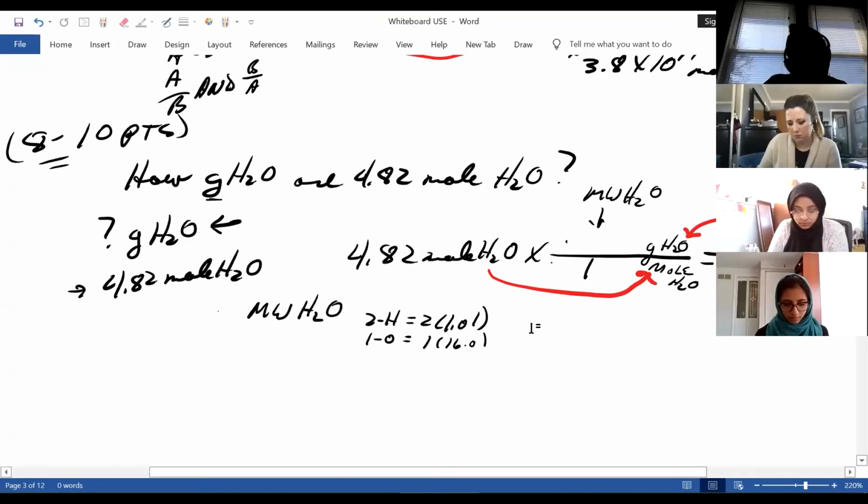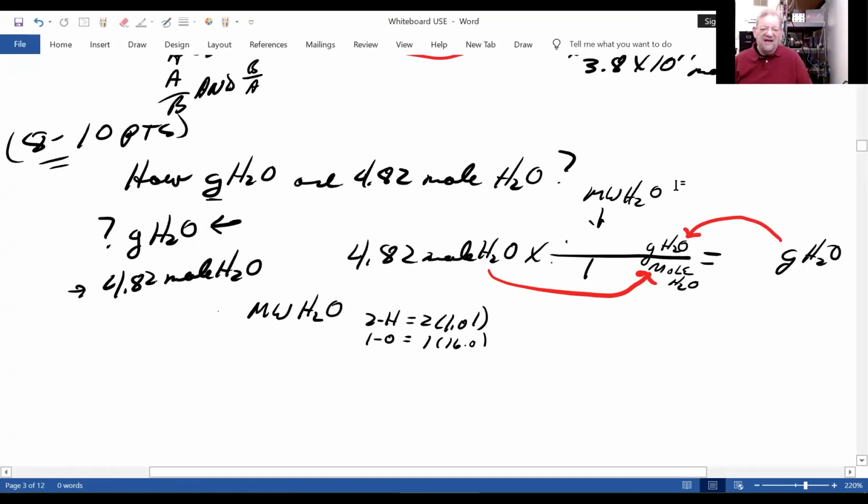Thumbs up, people. Can you see the whiteboard? Thank you. And now we multiply 2 times this as 2.02. 1 times 16.0 is this. We add them up,